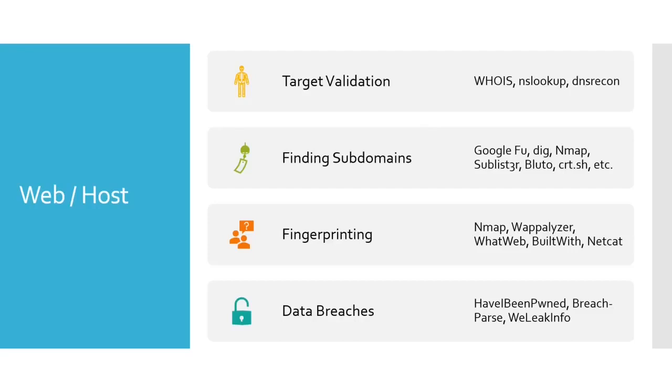On top of this, when we're doing our web and our host, on the web side, we're going to look for subdomains, and we'll talk more about that as we get into it. But we can do that with Google, we can do that with Nmap, Sublist3r. There's so many different tools that we can use, and we'll cover some of the tools and how to do it. Get a little deep into that as well, especially as we get into the website side of things. There's fingerprinting. We need to know what's running on a website or what's running on a host. What kind of services are out there? Are they running a web server